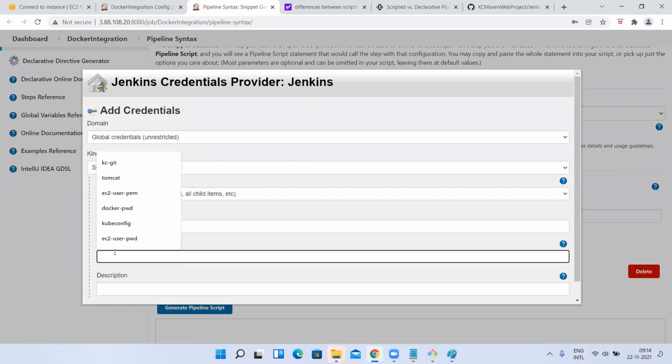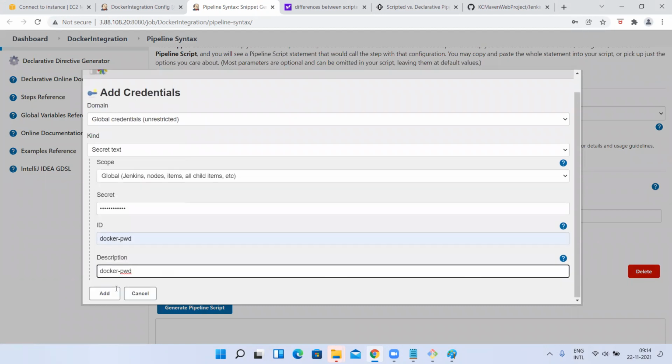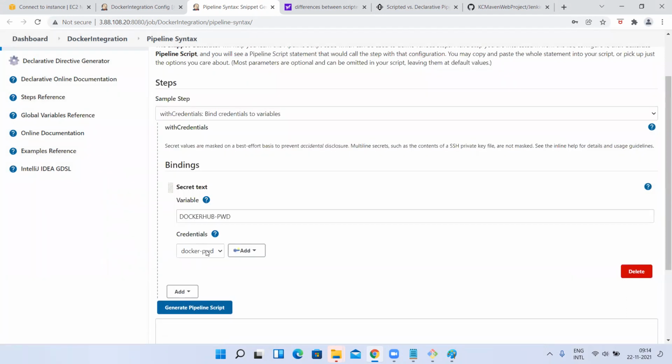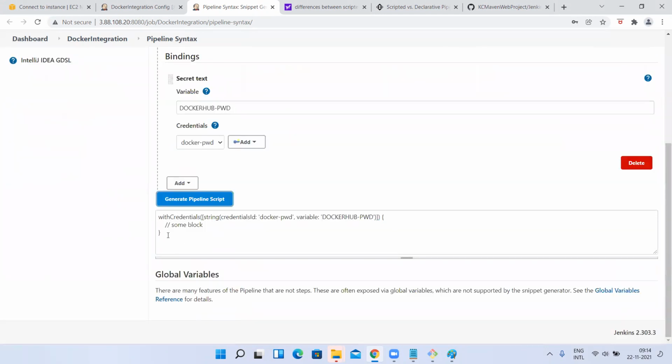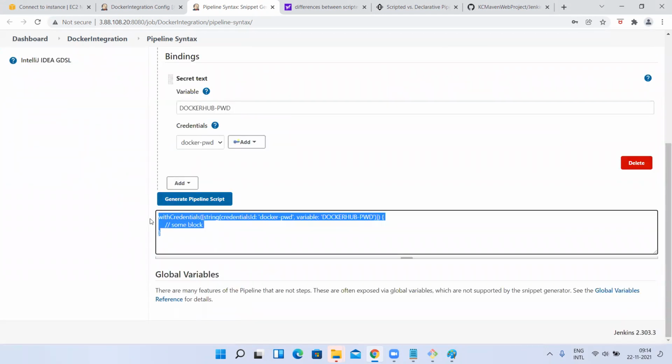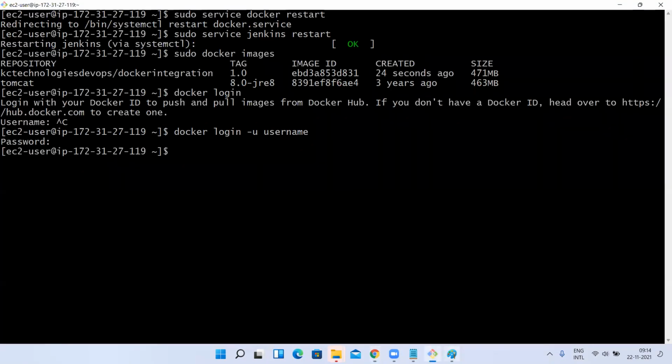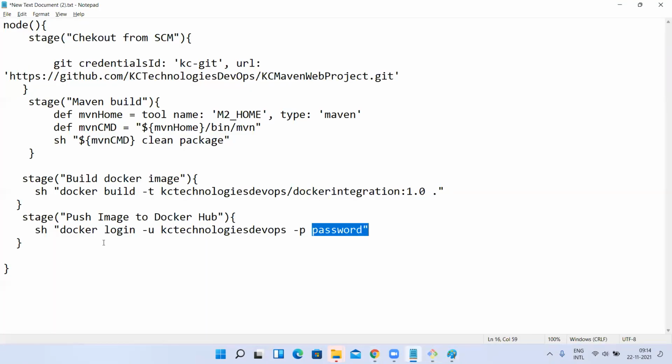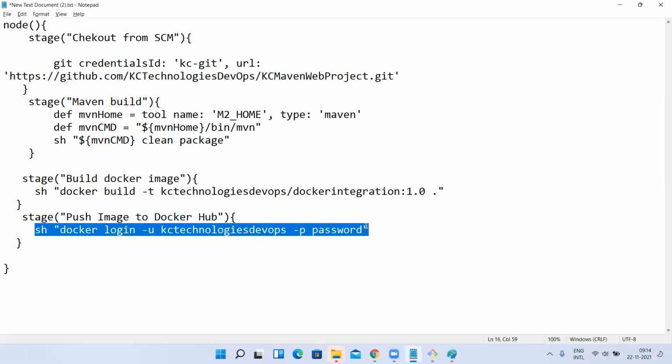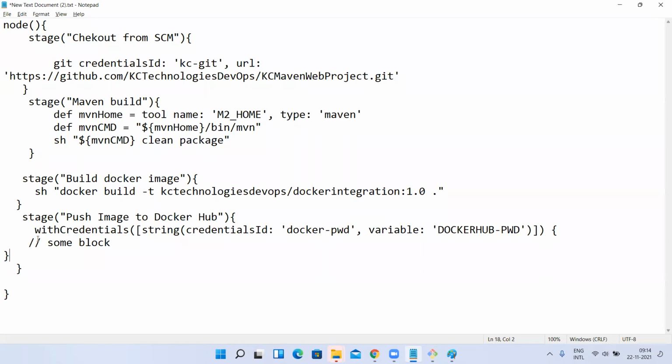Then ID Docker PW, add the credentials. Then select the credentials here. Click on generate pipeline script. That's it. It is giving here. You take it. Inside your stage, there's a function you have to use, a function like this.